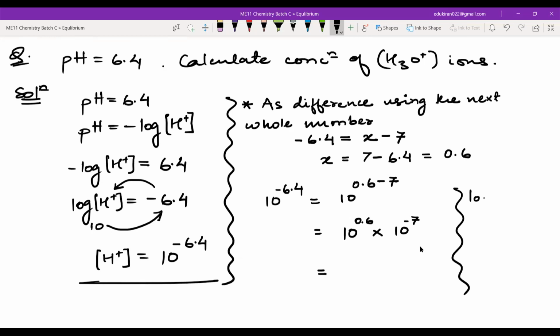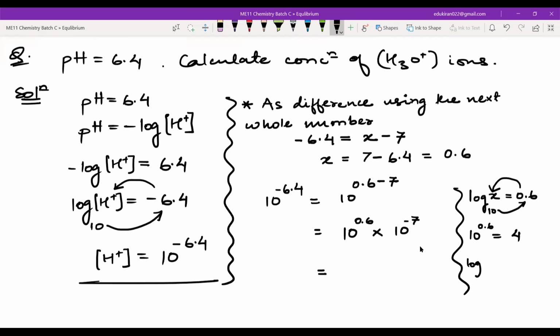So I need to find log of x, and this is equal to 0.6. So 10 to the power of 0.6 should be equal to x. Yes or no? Now look at the log table that we have written from 1 to 10 and tell me log of what is equal to 0.6? Log of 4, right? So that means 10 to the power 0.6 is equal to what? 4. Yes or no?